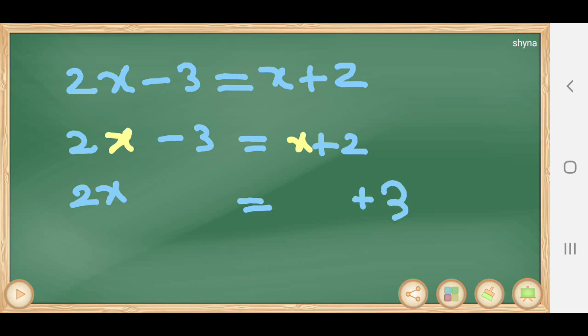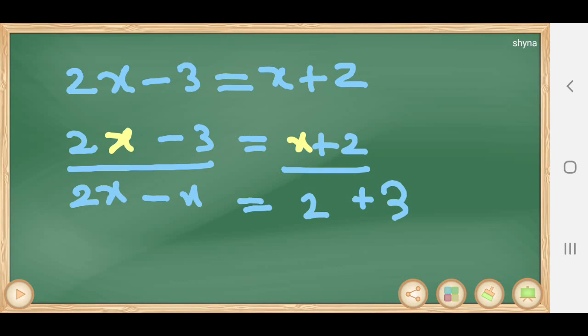Then we have considered both terms of LHS. Now we move to RHS. In RHS, the first term is x. It is a variable, so we have to transpose that x to LHS. While transposing, x means plus x, so on LHS it will be minus x. Then what is the next term? The remaining 2, plus 2, is already in RHS. We are not transposing it because we started the problem with numbers on RHS. So no need to change the sign.